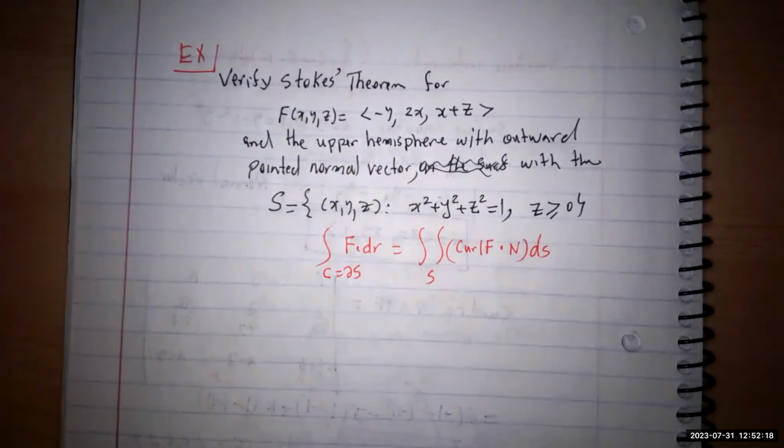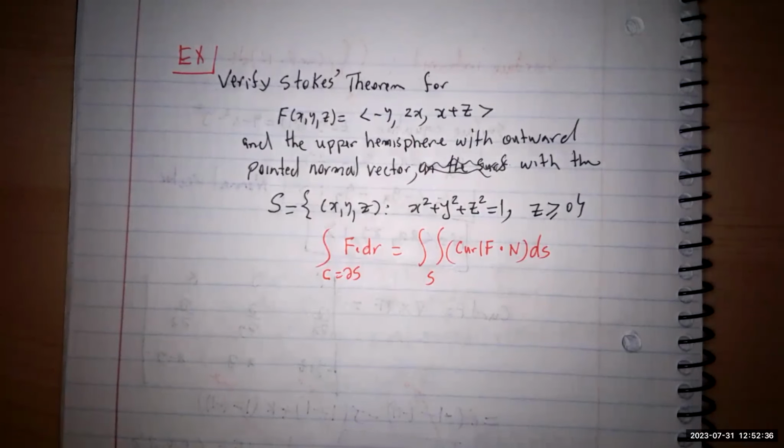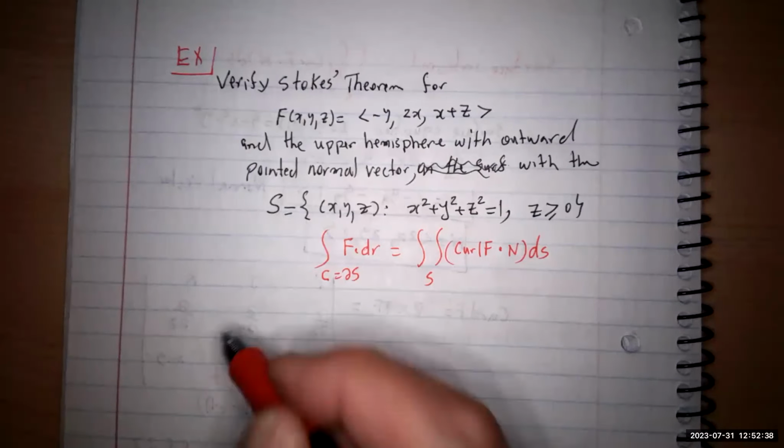Okay, this is the one that you want to show. Again, you have two cases. You can start with either one. My suggestion is go with the line integral first, until you get the number, so then you know what you are looking for. Okay, so the solution is going to be,